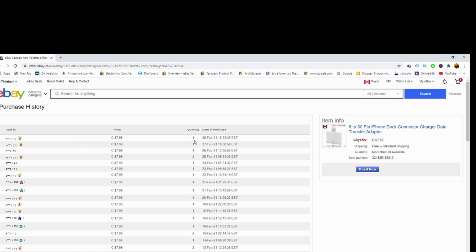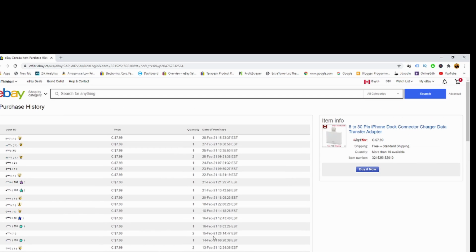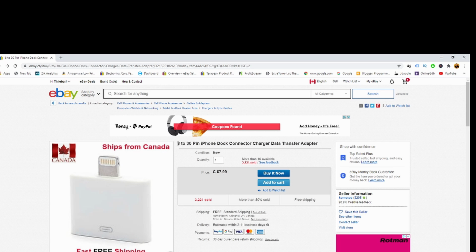Now you can see this product is actually selling a lot in February. Now it's March 2nd, but in February it has sold a lot. So it means this product works. Even more than three it works, but this one is much more than that. So if you find a product like that, what you do is just copy this one,